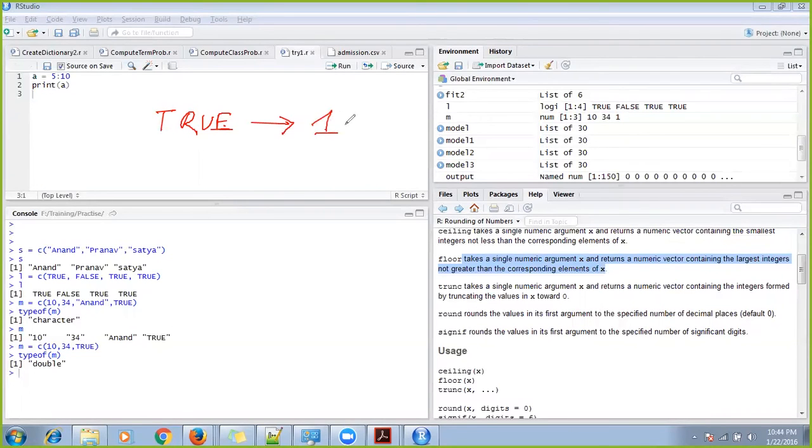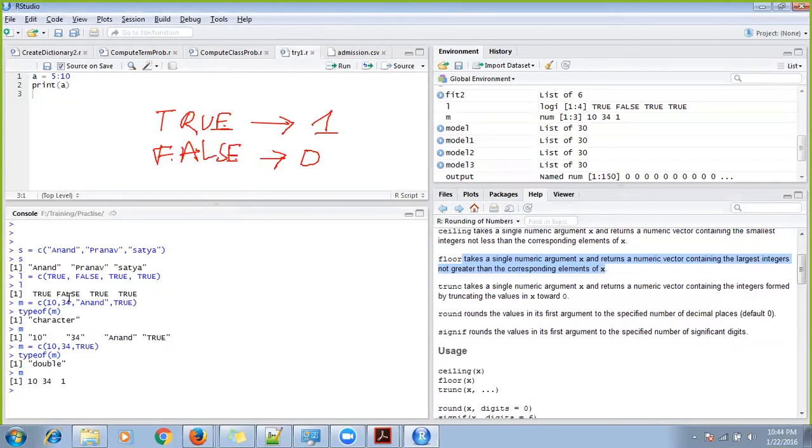If you convert true to a double, it becomes 1. If you convert false, it becomes 0. So with 10, 34 and true, true can be converted to double, so it has converted it to 1, and the type of m has become double. Let's print it and see. See, now true has become 1.